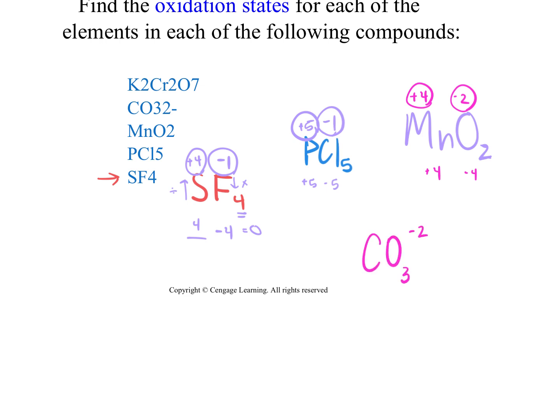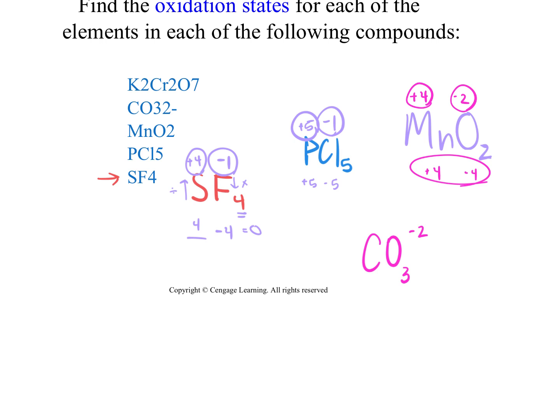CO3 2-. This one's a little bit different. Because now we don't want our work down here to add up to 0. We want it to add up to -2, right? Because the sum of our oxidation numbers, and when we say sum of the oxidation numbers, we mean the totals, not the individual ones, the totals of them have to add up to the charge. So let's work through